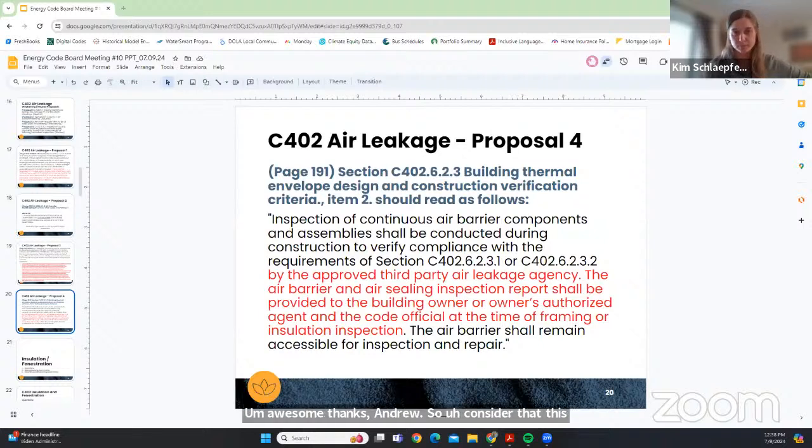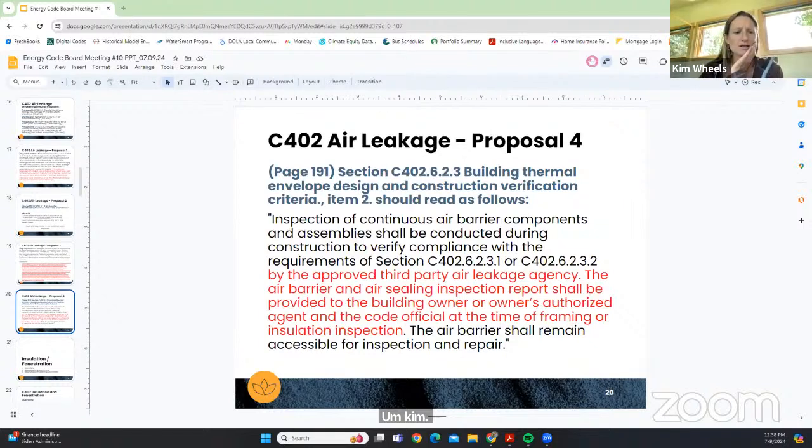Kim? I just wanted to chime in as a third-party inspector that yes, I feel like this requirement would help ensure that a third-party inspector is called on site in a timely manner to inspect what needs to be inspected. Also, from my experience, just from the testing standpoint, let alone from looking at the air barrier, it was multiple visits over and over that was required.